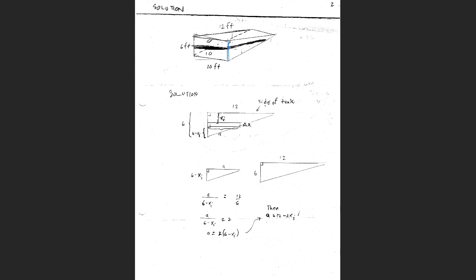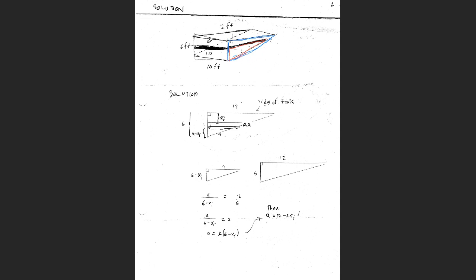This is the side here. So I have a big triangle with height 6 feet and length 12 feet, and then I have this smaller inscribed triangle